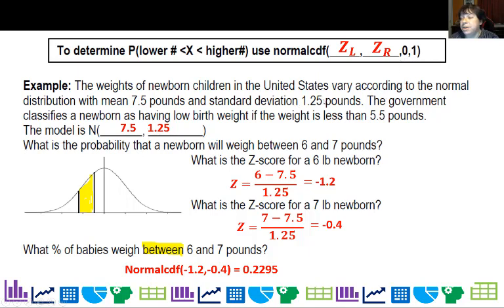So that is the shortcut on the calculator. Personally, I expect you to be able to calculate z-scores. That's a basic thing in statistics, so don't only use x values. Also be used to using z values.